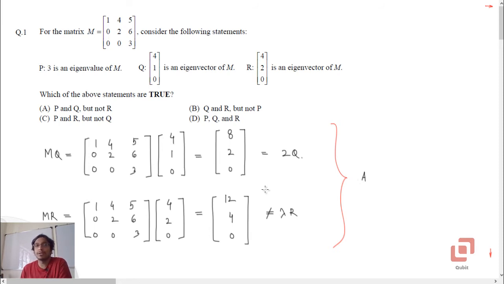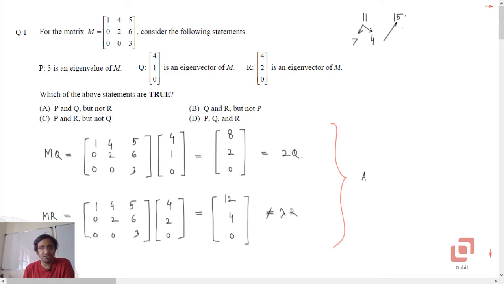If you don't know the paper structure, there will be 11 questions overall and 15 marks. Out of these 11 questions, 7 questions will carry 1 mark each and the remaining 4 will carry 2 marks each, and thereby the total becomes 15.